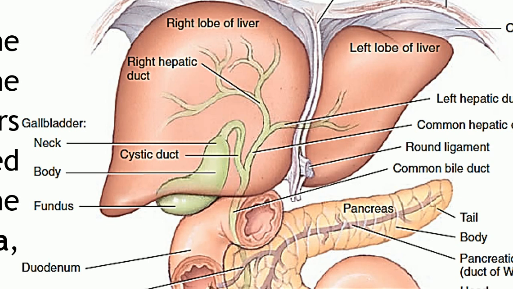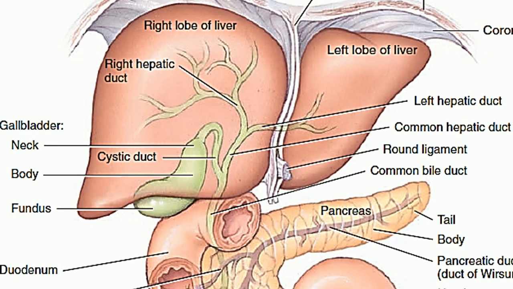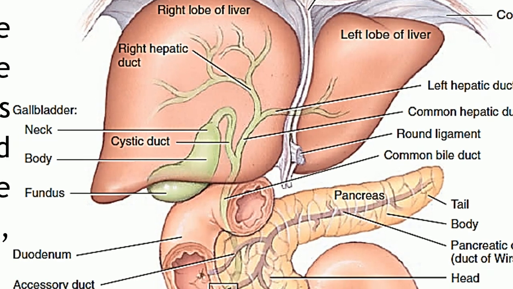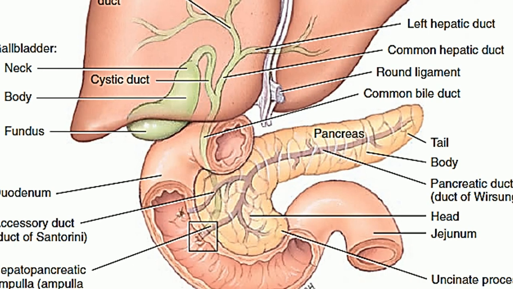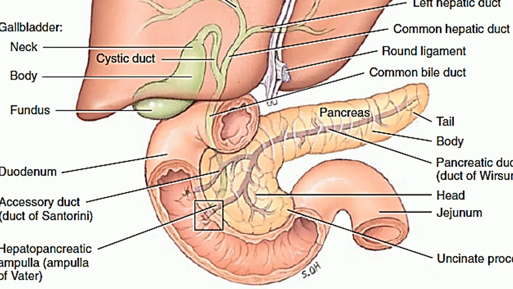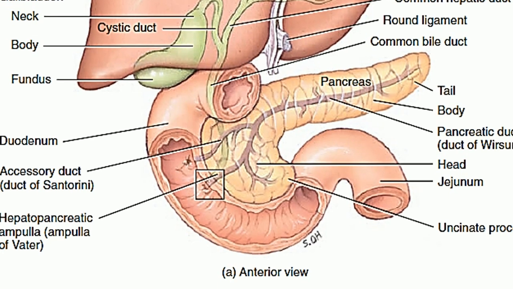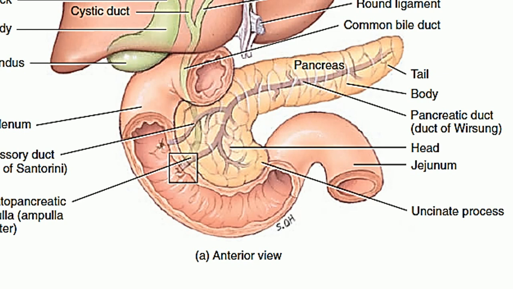From the two lobes of the liver, there are two main hepatic ducts which are originating, the right hepatic duct and the left hepatic duct. These will unite to form the common hepatic duct. This common hepatic duct in turn will join with the cystic duct which is coming from the gallbladder. This is the gallbladder. Of course we will study about these two organs in detail in the next lecture. These two are uniting together to form the common bile duct. This common bile duct in turn is uniting with this pancreatic duct which is coming from the major portion of the pancreas.